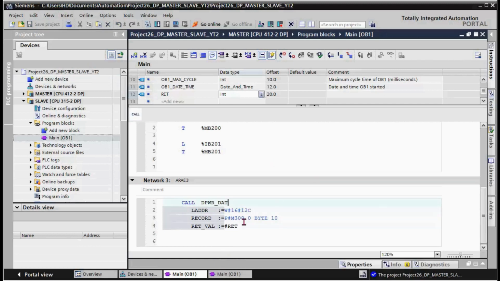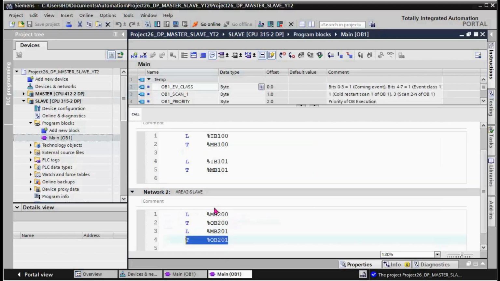Well, 10 bytes are encapsulated in master, written in this area 3, and copied to the Q area starting from Q byte 300, and should be received in the slave area